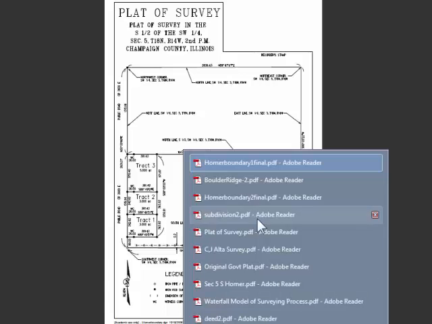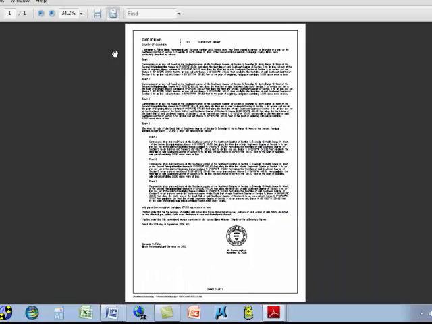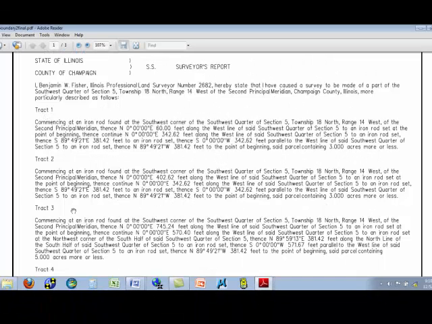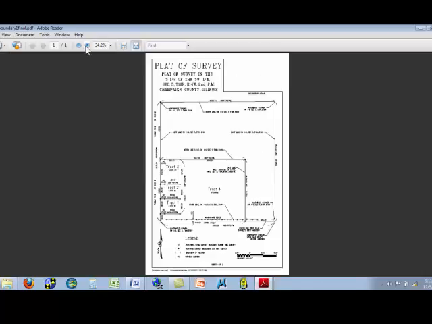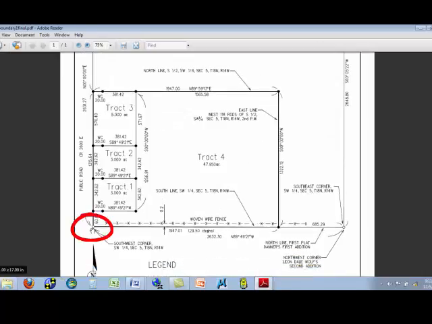Therefore, we had to create legal descriptions for these 4 tracts. Tracts 1, 2, and 3 all commence at an iron rod in the southwest corner of the southwest quarter of the section. They all commence down here, the southwest corner of the section. If that's a point of commencement, then the legal description will run up this west line to a point of